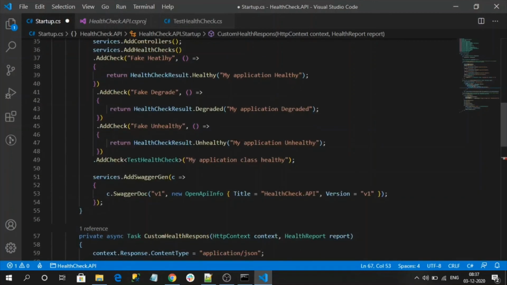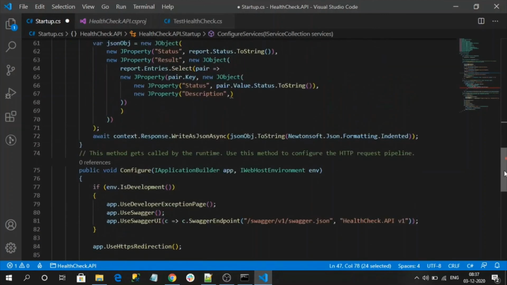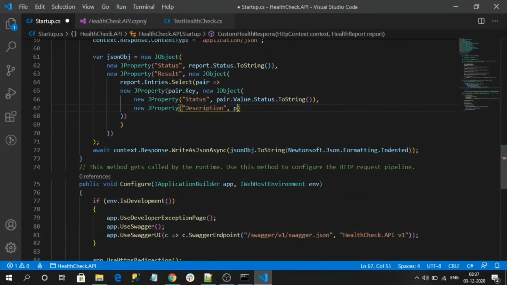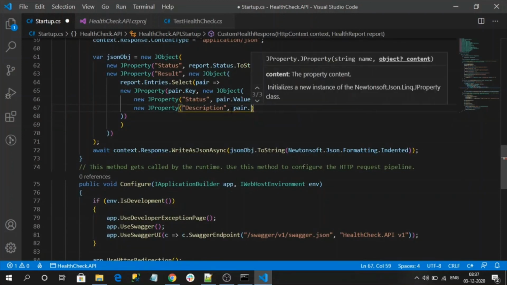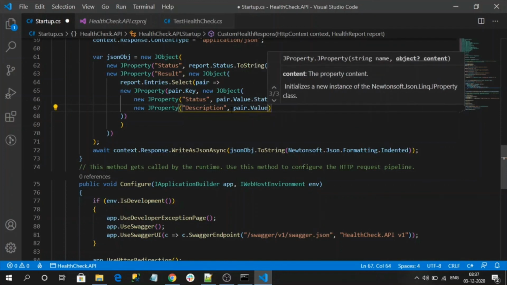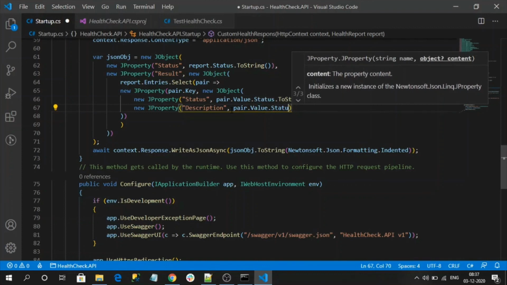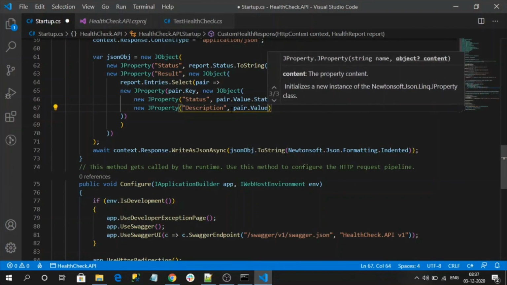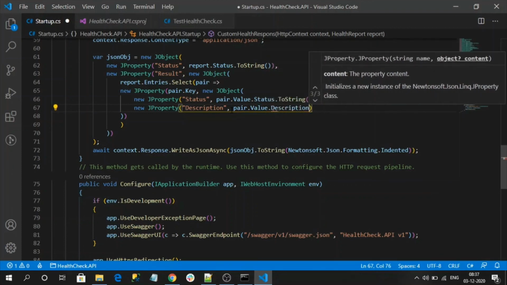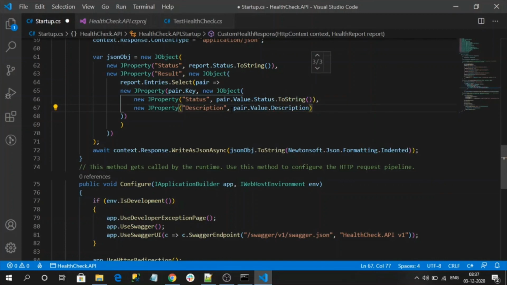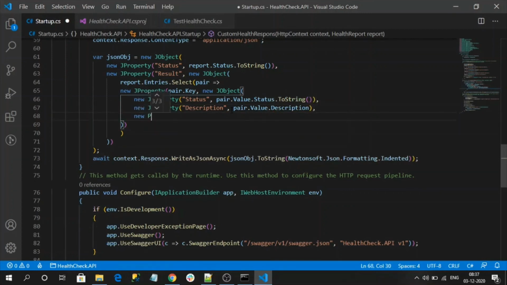See, this status I want to get. So to read it you can do pair.Value.Status, and Status itself has the description. See, and let me add one more property.